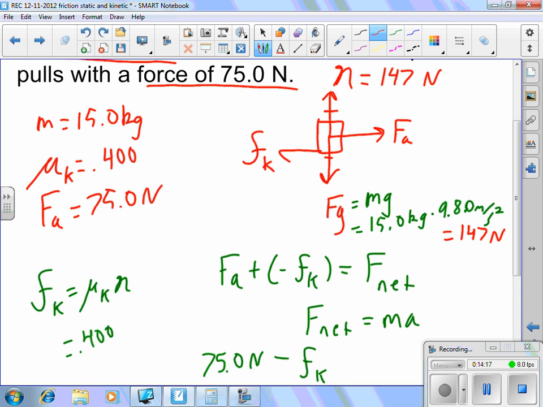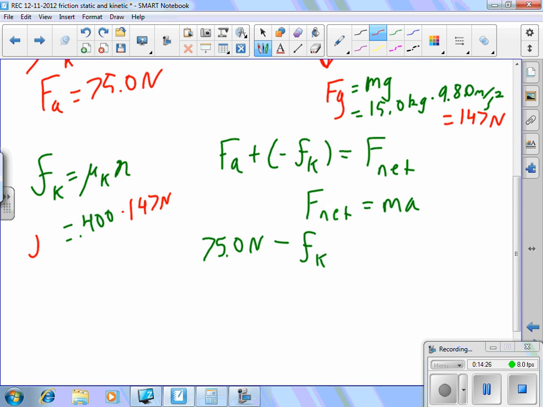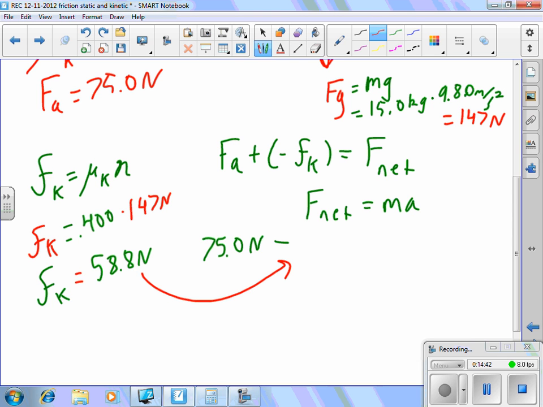So let's go way back down to the lower right where we started. I'll multiply this by my 147 for the normal force, and now we can figure out what the force of kinetic friction was. I end up getting 58.8 newtons. Alright, well now I can plug that value into my equation here, because I was going to subtract force kinetic friction, but I didn't have a value for it. Now I do. So I can say, well, this must be 58.8 newtons,